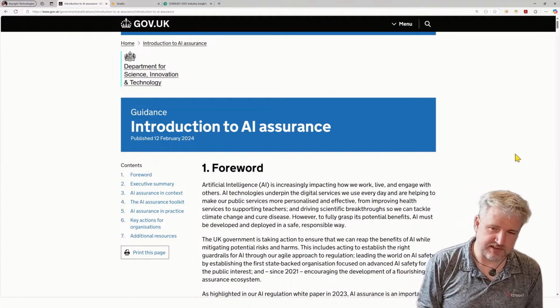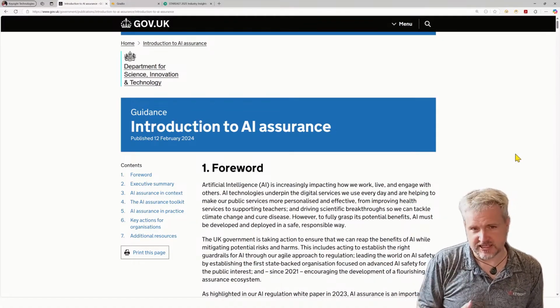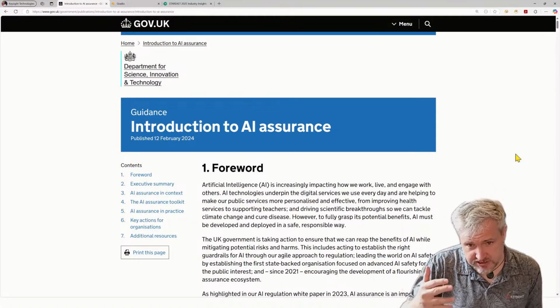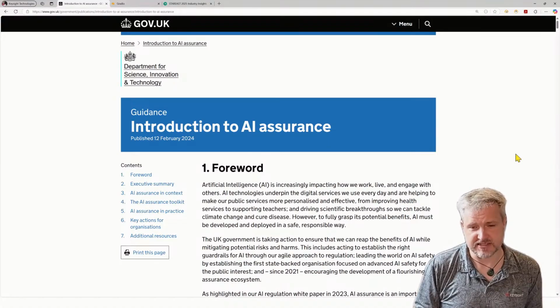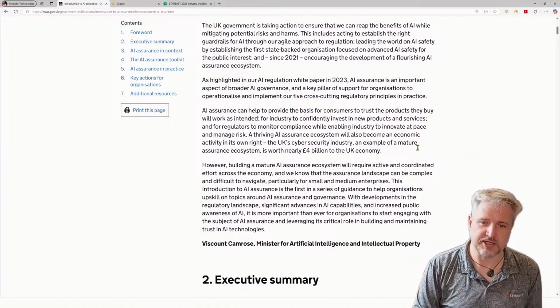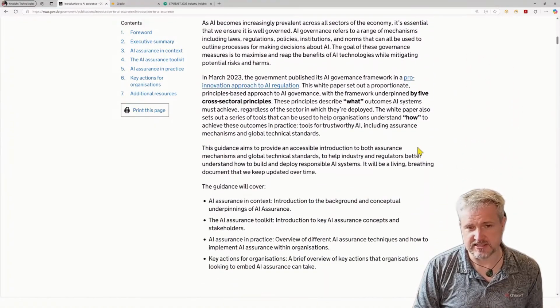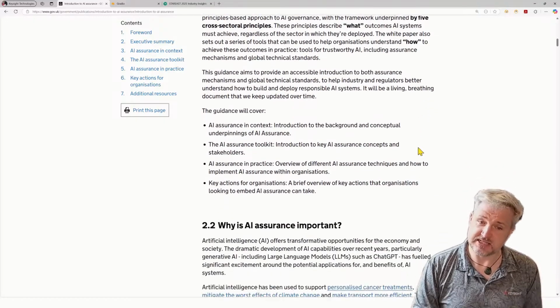And the UK government, along with the European Union, took this concept of AI assurance really seriously. And behind that was really about creating a regulation to govern, and I'm going to say regulate, systems that were